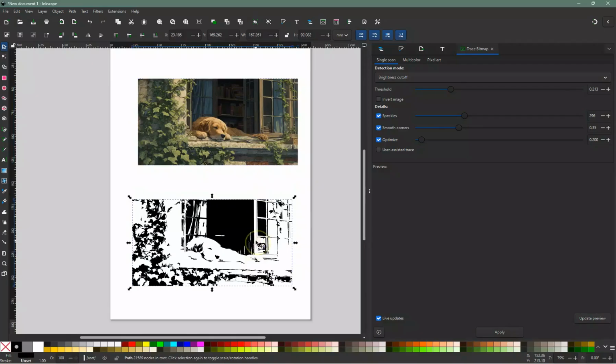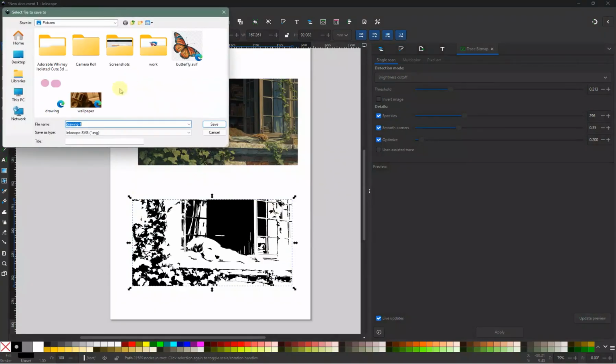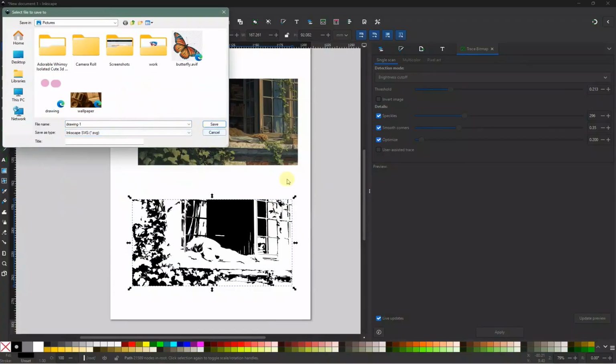Once you're satisfied with the trace, you can delete the original bitmap by selecting it and pressing the delete key. You now have a scalable vector image that you can edit further or save. To save your trace image, go to File, then Save As, and choose an appropriate format like SVG for vector